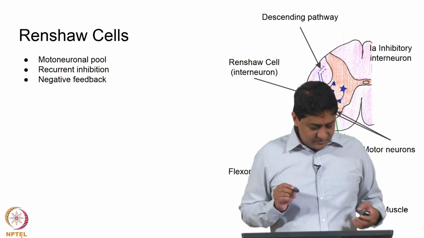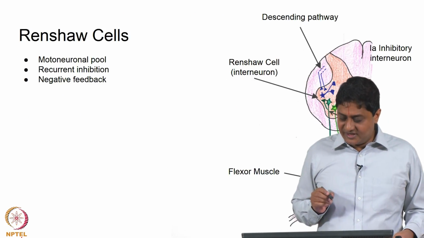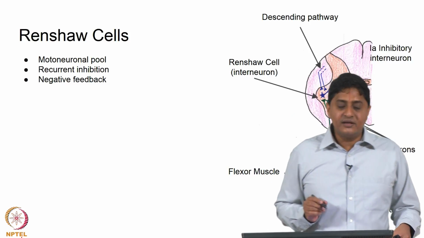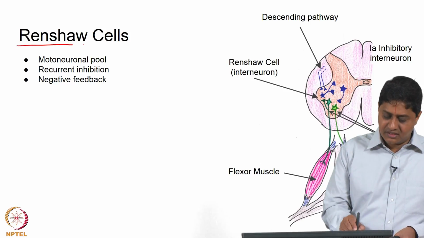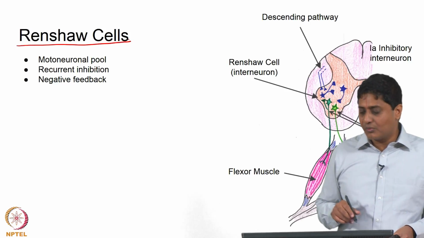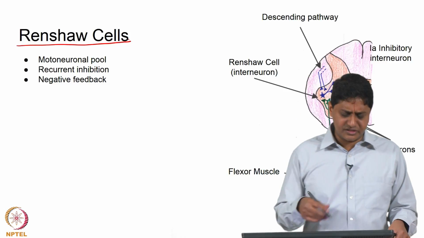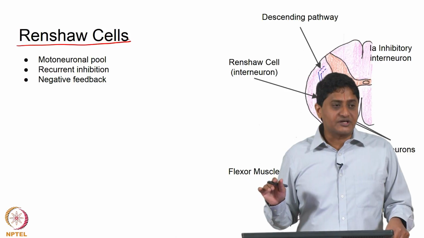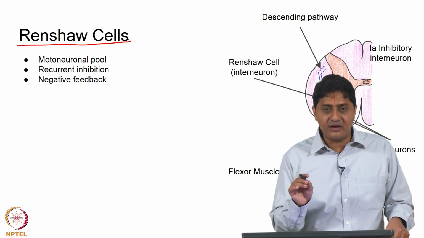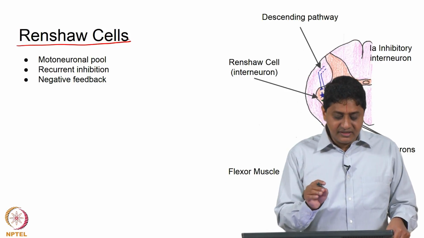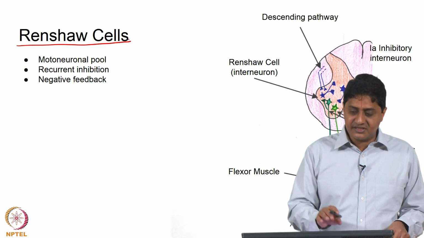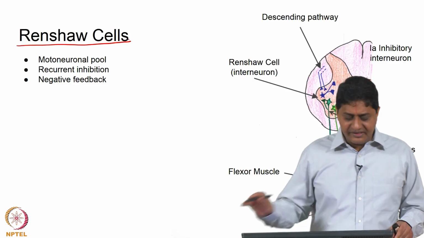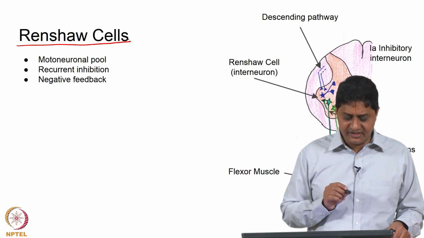Here we discuss a particular case of an inhibitory interneuron within the spinal cord. These inhibitory interneurons are called Renshaw cells. There are more inhibitory interneurons and other interneurons within the spinal cord, not discussed in this class, but will be discussed in future classes. But I just wanted to touch upon one particular example, its functions in reflexes and in other domains to be discussed in future. Just briefly we will touch upon this function.